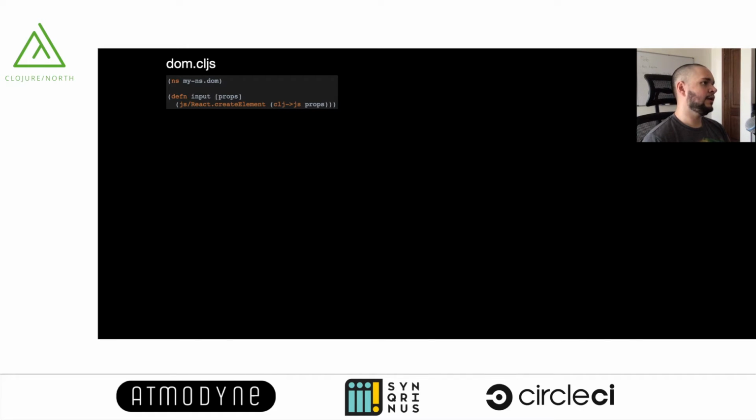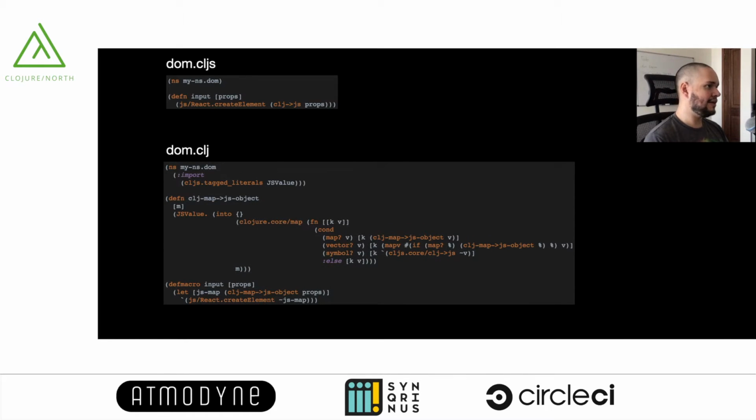First, we have the initial ClojureScript version of the input. That's the basic version that just converts at runtime and it works. And to make the optimization, let's create the same input but as a macro on the Clojure side. And that's another interesting thing. You can have a symbol, a namespace plus symbol, that's both a macro and a function. And when you do that,